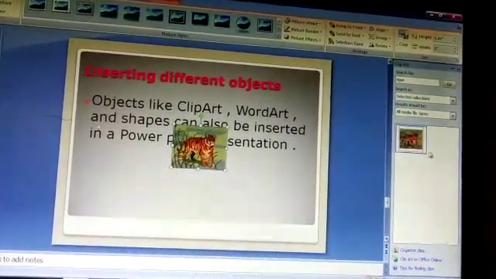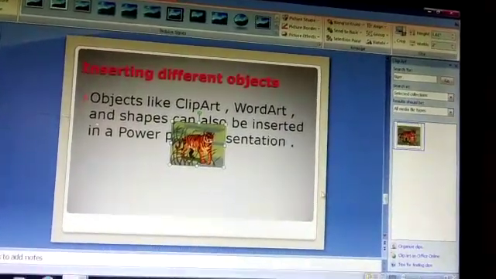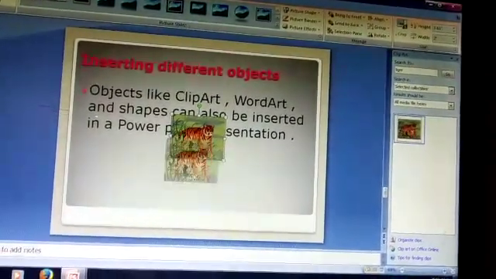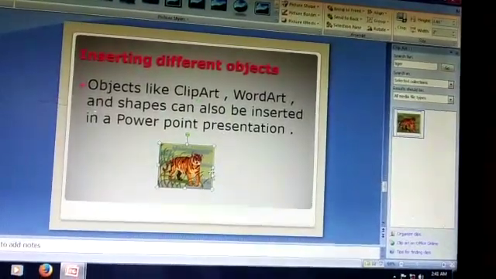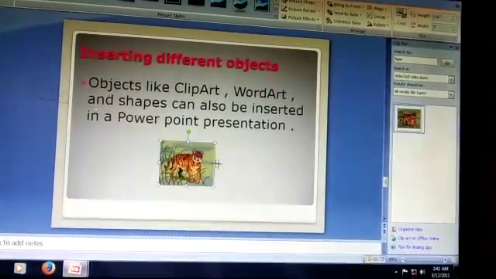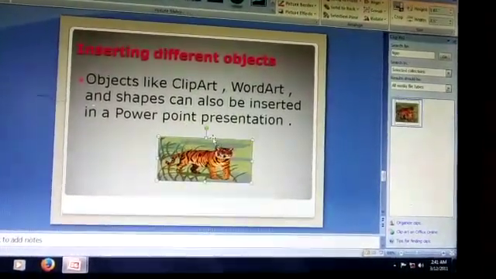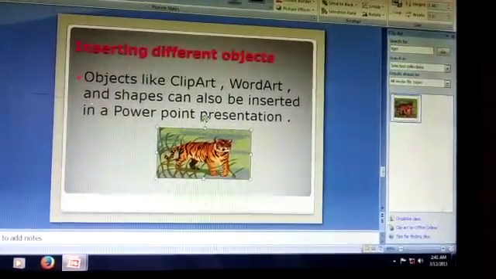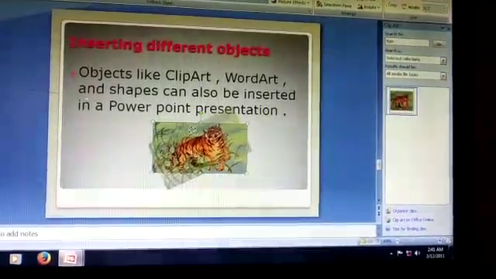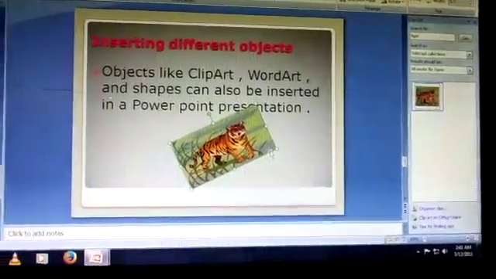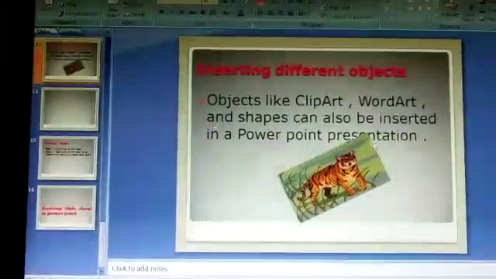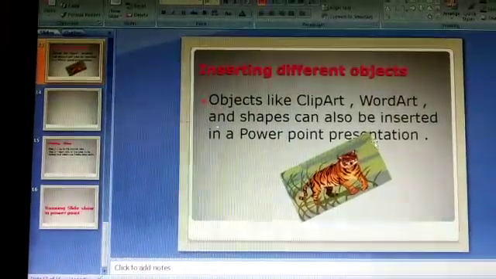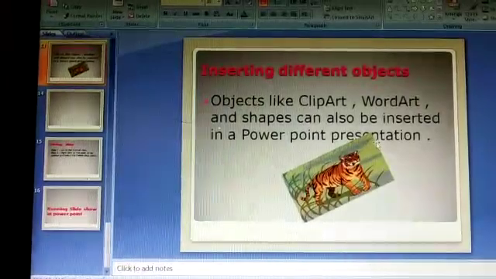Then click on this tiger, and this tiger will come. You can set the size according to yourself. You can rotate also. Students, you can see with the help of clip art, we have inserted an image of a tiger.